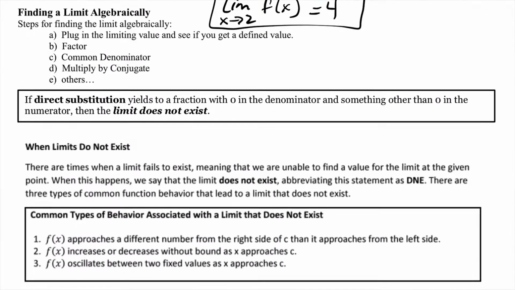Okay. All right. So the next one, algebraically. Now they're not going to give you a table. They're not going to give you a graph. They're going to give you an equation or a function. So how do we do it? Well, there's 5 steps that I usually follow. There's others too, but